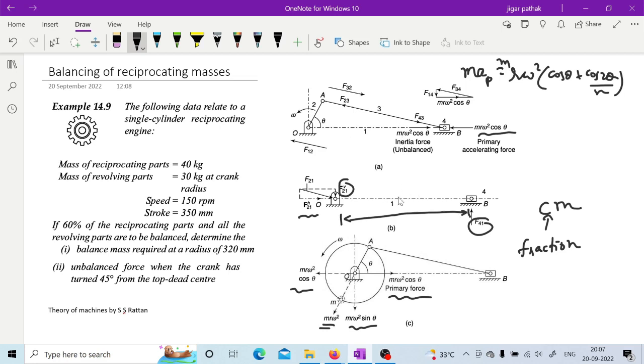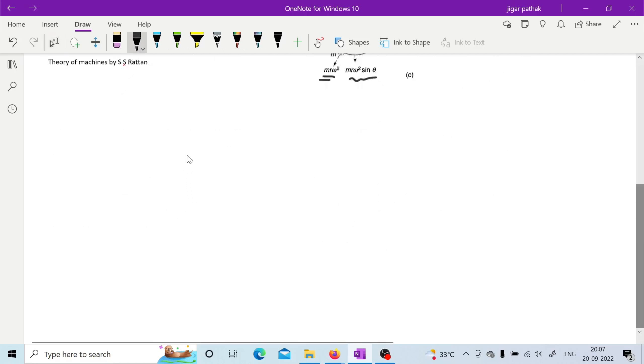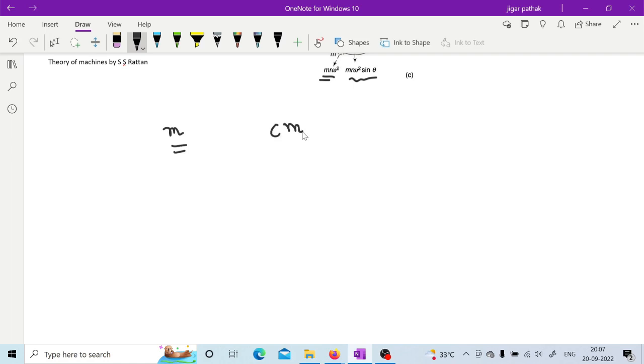So what you are doing in these reciprocating masses is balancing a particular portion of them. Suppose instead of the full reciprocating mass m, you are going to balance only a portion of this reciprocating mass. So you will have your new components as c m r omega square cos theta and c m r omega square sin theta. So if you see in the mechanism,